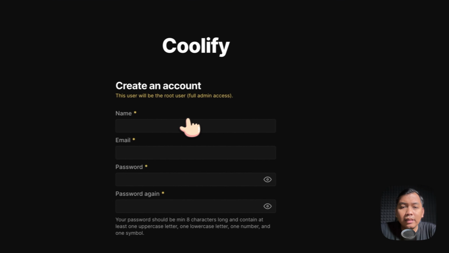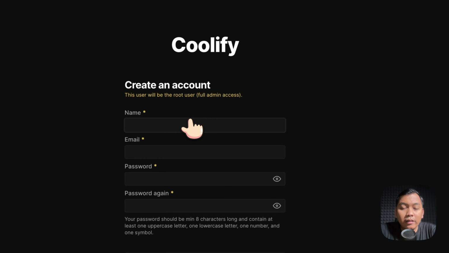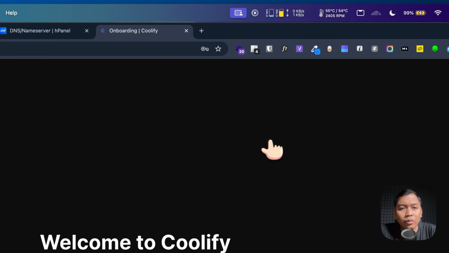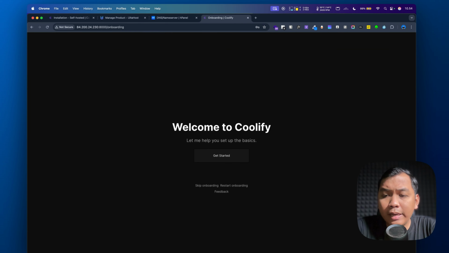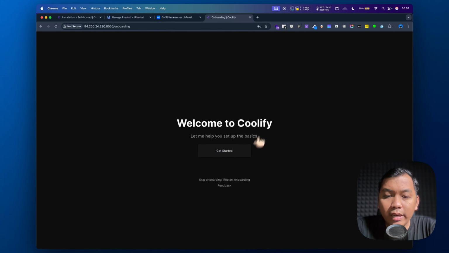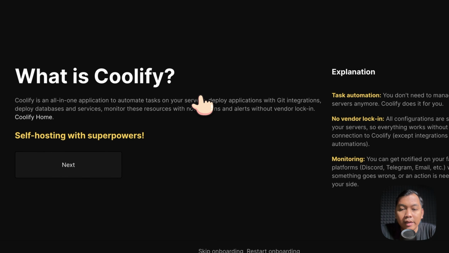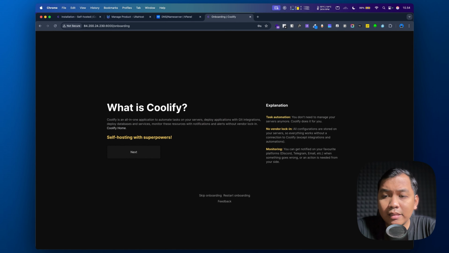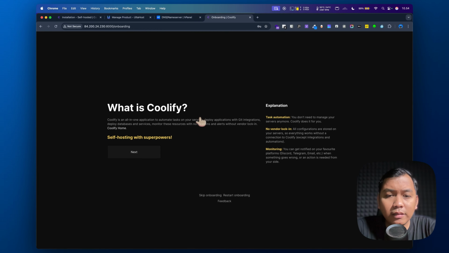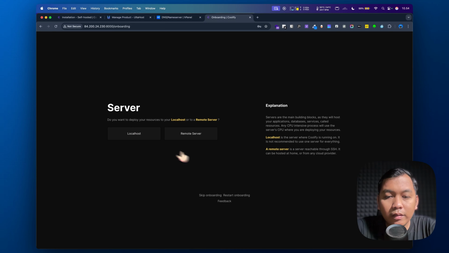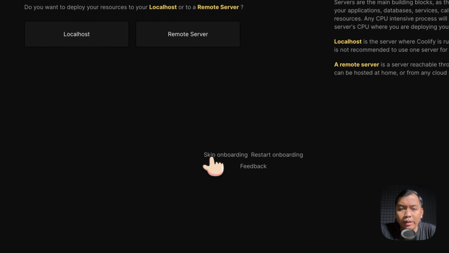Alright, so let's create an account here, and just press register. It will bring us to the onboarding screen. Welcome to Coolify. So let's get started, it's an introduction, and then press next, what do you want, and so on. Let's press this if we want to skip onboarding.